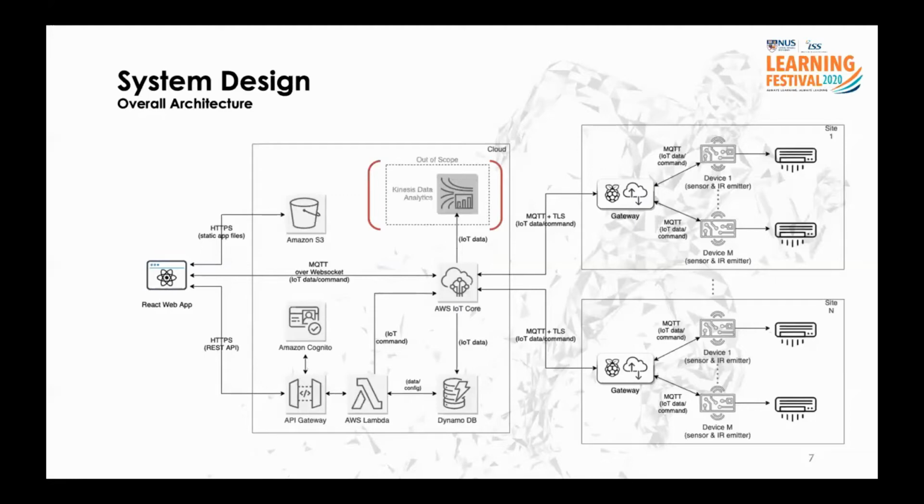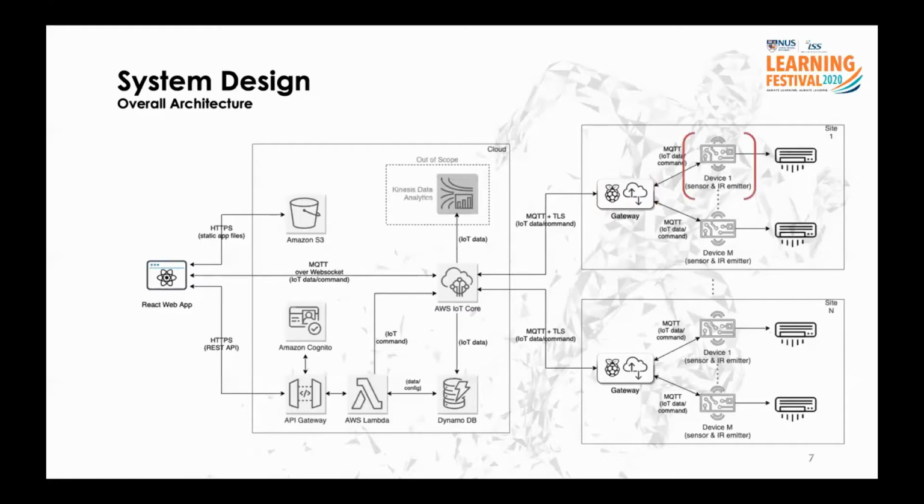The IoT portion of the system consists of gateways and controller devices. The gateway acts as the middleman and routes messages from AWS to the respective device by republishing the messages to its local MQTT broker. We have selected Raspberry Pi 3 as the gateway as it features built-in Wi-Fi capability, can be configured to run a local Mosquitto MQTT broker, and can easily run code that communicates with AWS services.